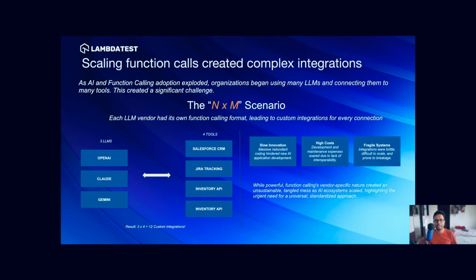Tomorrow you say, hey, Jira has started to become a little bit costly for my company. I want to go to something else, right? Guess what? You have to come back, and as a developer, you go through nightmares to make that change happen, right? So your development cost and the maintenance has become a lot bigger, and again, your system becomes brittle.